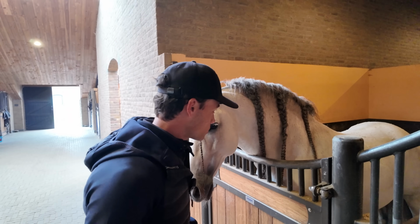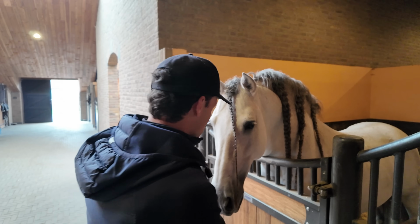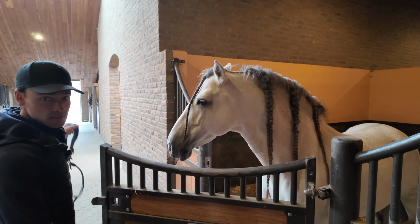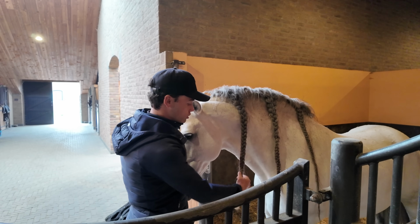So here's said horse in question. As you can see, lots of mane. I'm getting cold feet about this whole thing. Okay, wait, let me get him out. So you can see a little bit here. This is how I always have his mane. It's always just in three really long